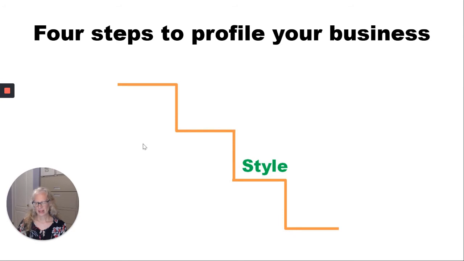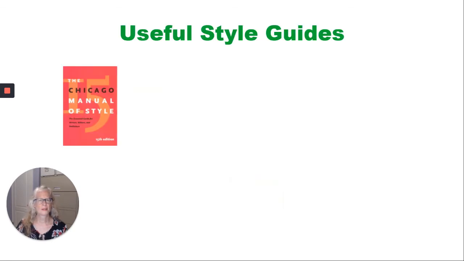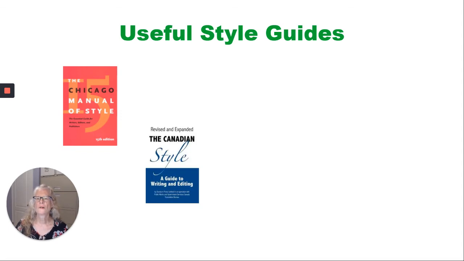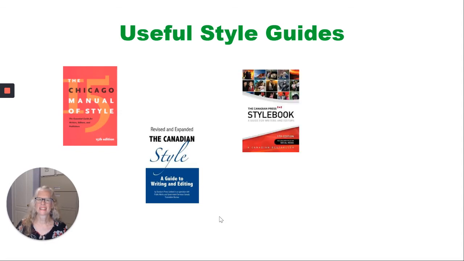So now you've got your story, you've put it into the structure, you've worked on it until it has a structure that you're really happy with. Then what do you do? Then you go through it word by word using typical style guides. So one that everybody really knows is the Chicago Manual of Style. There's also a Canadian style book, which if you're Canadian is really, really helpful. Then there is the Canadian Press style book, which is if you're into journalistic short narratives, then this is a